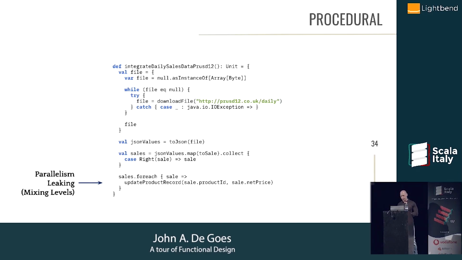And then finally, we've got another type of leaking where right now when we iterate over these sales, we have to make a choice about parallelism. Are we going to do this sequentially like I'm doing here, or are we going to do it in parallel? So basically, code that should be dealing with business logic concerns is going to have to make a choice that depends on lots of things unknown to this bit of code. It doesn't know how many cores are on here. It doesn't know the properties of the database. It doesn't know any of that stuff, but it's going to have to make a choice. And any time code that doesn't know enough to make a choice is making a choice, that's a design smell.